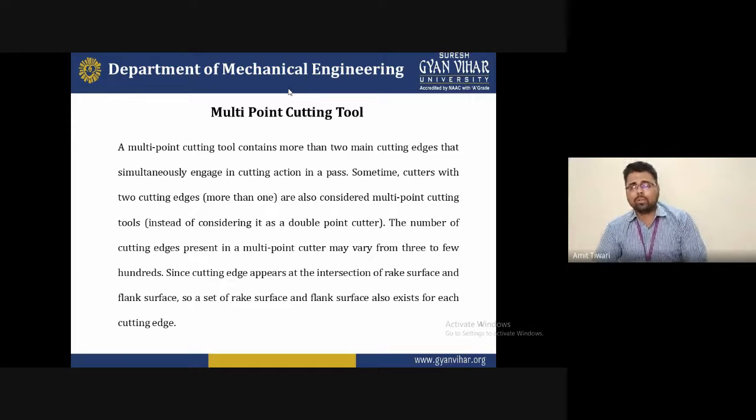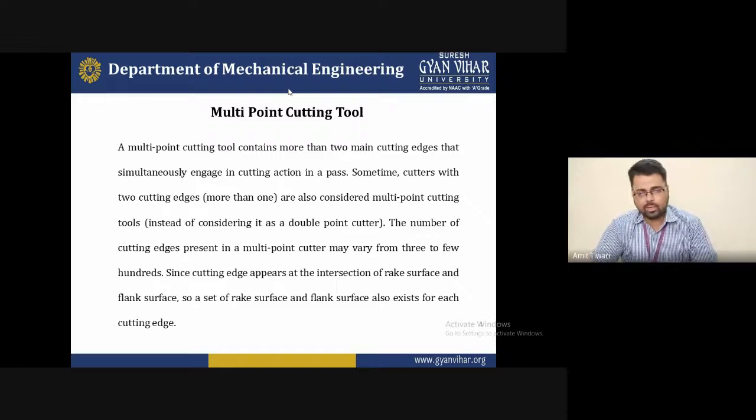As we know, the multiple edges are part of the multi-point cutting tool, so there are different types of losses we also have to consider. It is more dangerous, because the tool has different edges, and if any edge loses its life and wears, then it will be dangerous to cut the material and will not provide a good finish. The ultimate goal of this subject is to understand the machining operation and to provide a good surface finish with minimum power consumption and minimum loss of energy. These are the points we will cover in this lecture.